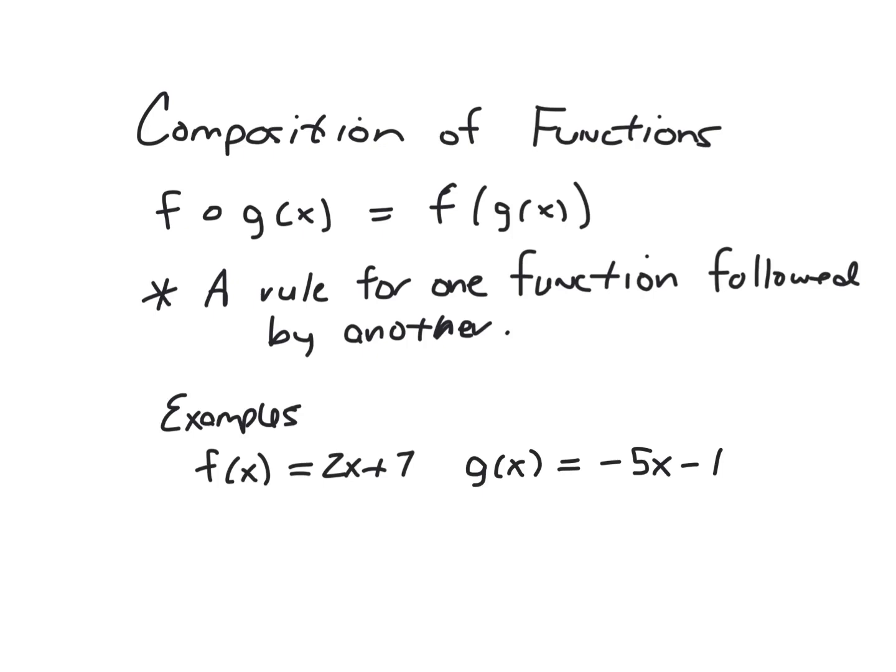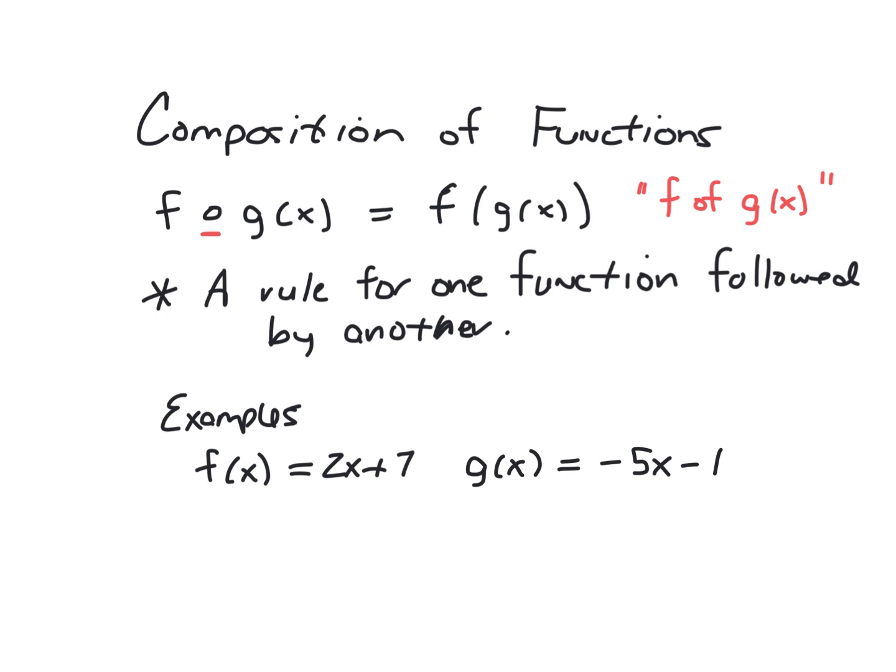All right, the final operation we're going to talk about with functions is the composition of functions. Composition of functions is denoted by an open circle, like this, and it basically means f of g of x. This would be read, f of g of x. All right, what you're finding when you do composition is a rule for doing one function immediately followed by another